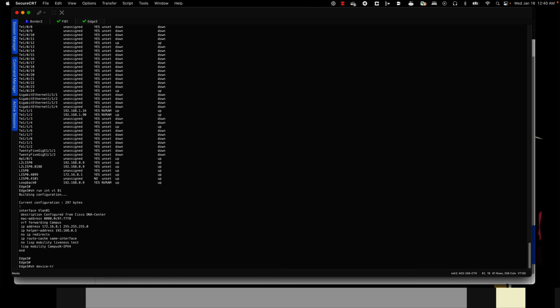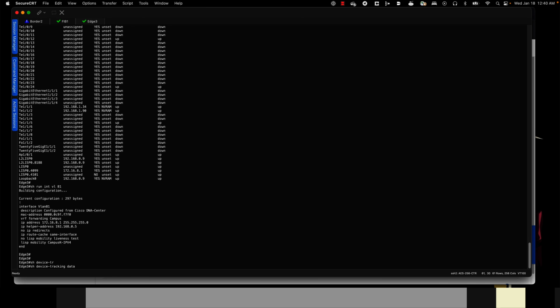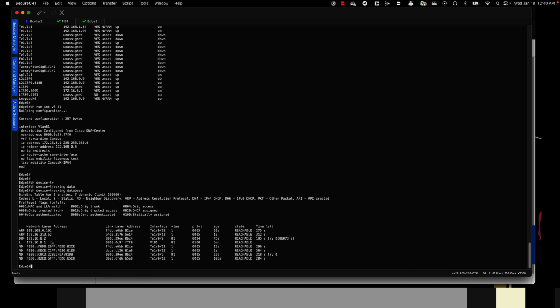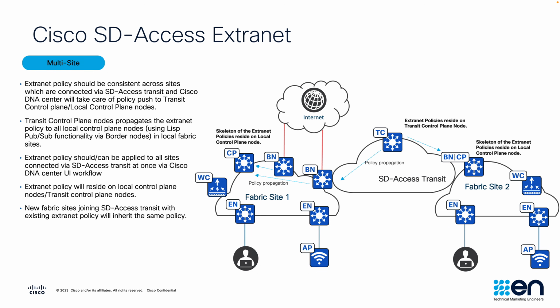And if we check the device tracking database on the fabric edge, it indeed displays the details of our host. And this demonstrates how simple it has become to onboard networks with the power of LISP extranet. So whatever we have seen is awesome, but that is for a single site. The beauty with the LISP extranet is we do support this for a multi-site scenario as well, which are connected